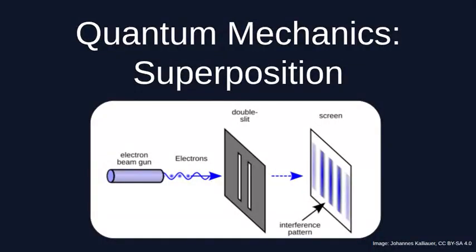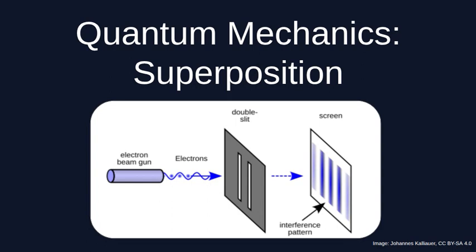One of the most famous ideas in quantum mechanics is superposition. The idea that a quantum state can exist as a combination of multiple possible states. This concept is often described in strange or philosophical ways, but in reality, it comes directly from the mathematics of the theory. In this video, I'm going to explain what superposition actually means, why it appears in quantum mechanics, and how it shows up in real physical systems.